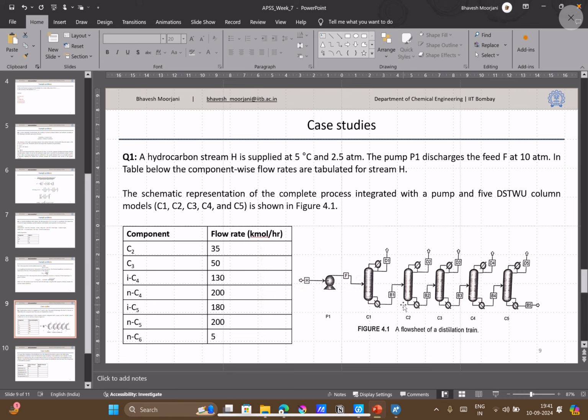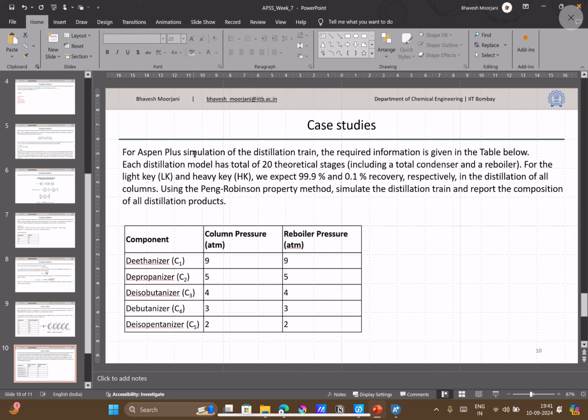As can be shown here, we have 5 columns. The schematic represents the complete process integration of the pump. 5 DSTWU columns are in series. Feed flow rate is given. Okay, so this is the feed flow rate condition. For the Aspen Plus simulation of the distillation train, the required information is given in the below table. So for all